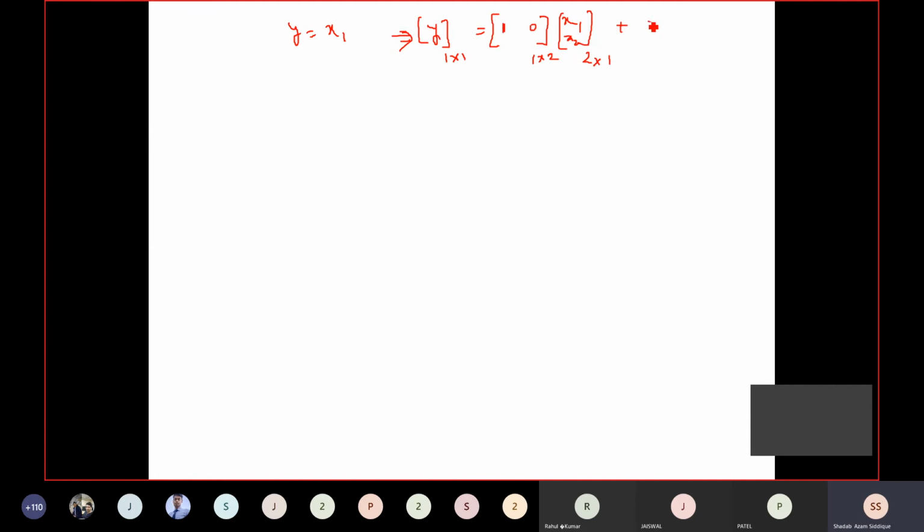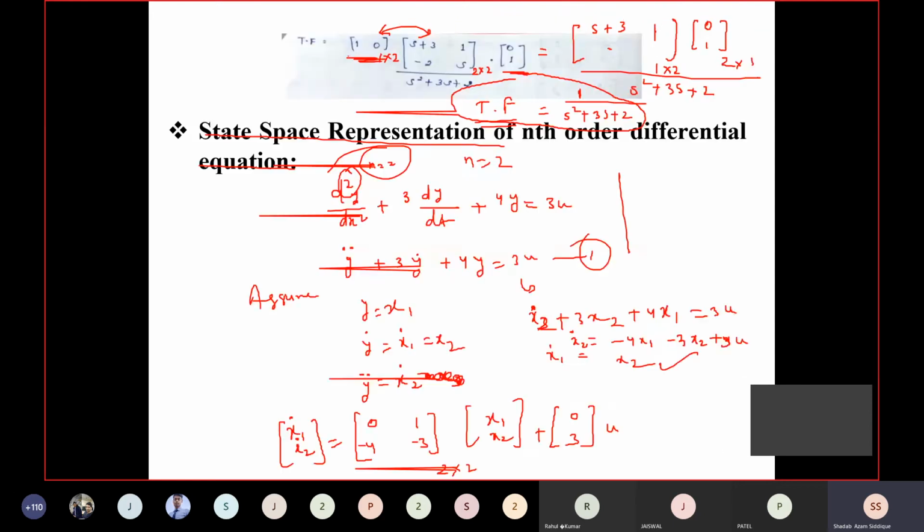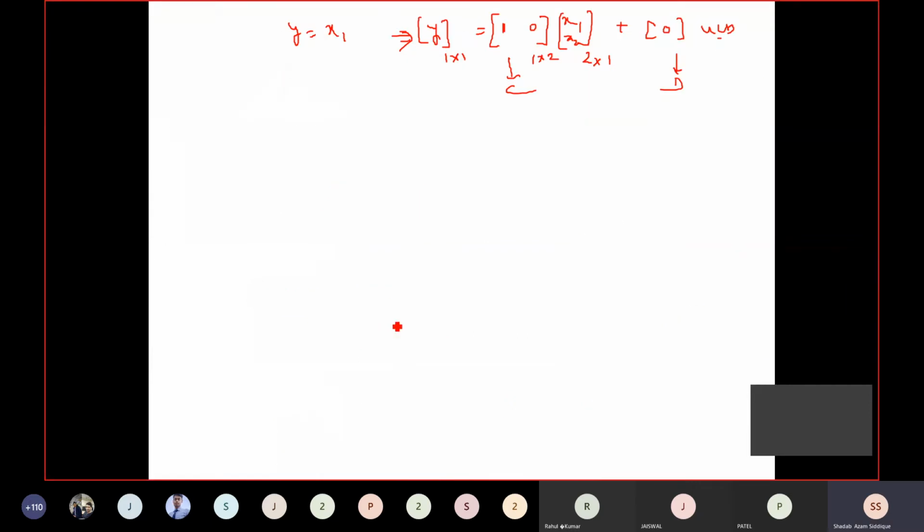And already we have D is 0, so there is no u in this equation. So this will be 0, and already you have t. So now what will happen? Already we have C and this is D, and there we have A and B. So if we are trying to find the transfer function and match it, is the transfer function matching or not? What is the transfer function equation?